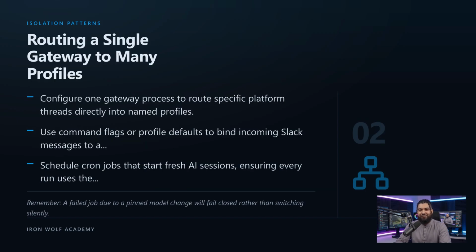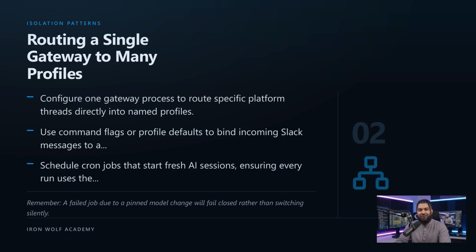When you set up isolation patterns, you don't need complex infrastructure. A single gateway process can handle routing specific platform threads straight into dedicated named profiles. You can use command flags or profile defaults to map incoming Slack messages directly where they belong, or set up scheduled cron jobs that launch completely fresh AI sessions every single time. The biggest advantage here is predictability and safety. If a job fails because a pinned model changes, the system is built to fail closed. It will stop immediately rather than silently switching to a different model without your knowledge, keeping your automated runs secure,